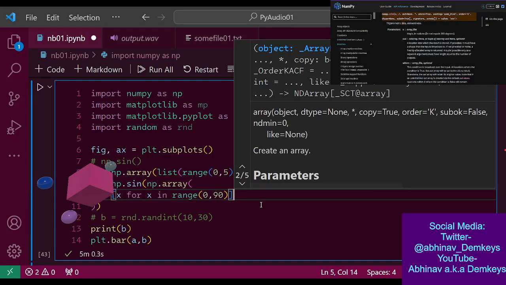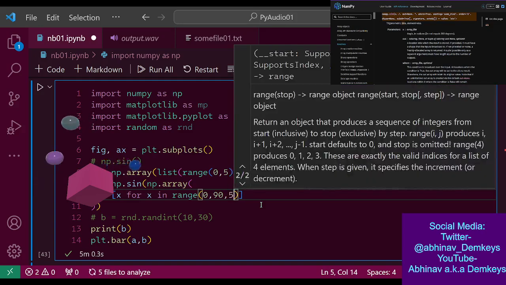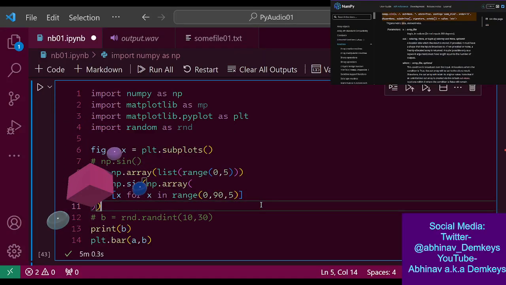Okay, but we don't want 90 specifically. We want in steps of, no, not steps of 5. We need exactly 5, right? I'm trying to think what it would be in steps of 5.